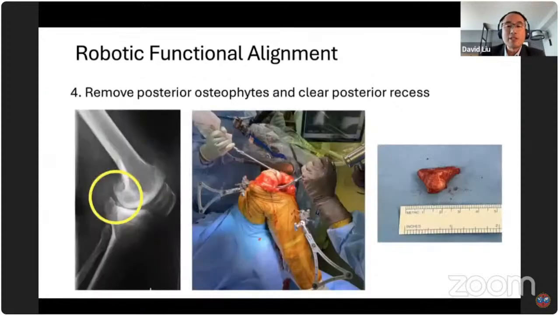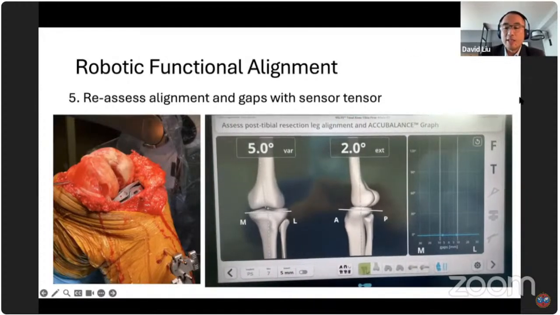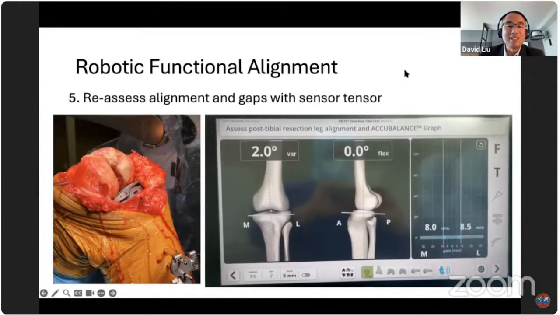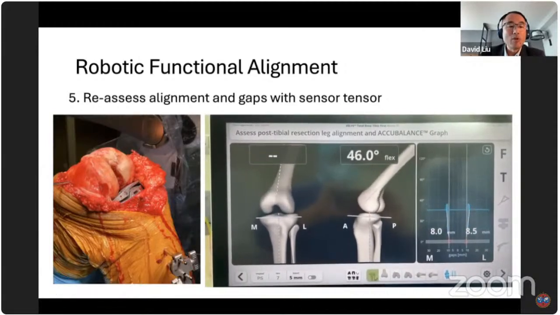The other reason I like to do the tibial cut first is it allows me a chance to remove the previously inaccessible posterior osteophytes to clear the posterior recess, again, so that I can fine-tune my balance and hopefully have a fully balanced knee that I was aiming for. And so once I've done my tibial cut and cleared my posterior axis, I then perform a second stressing of the knee,